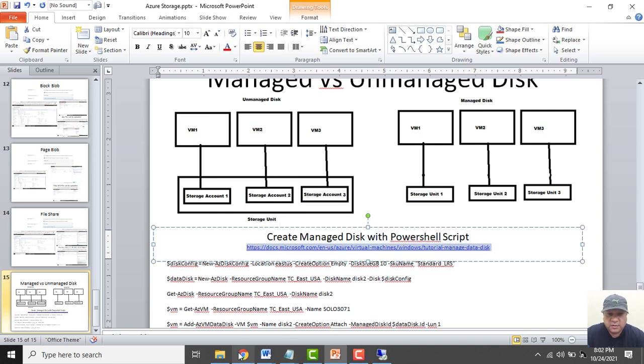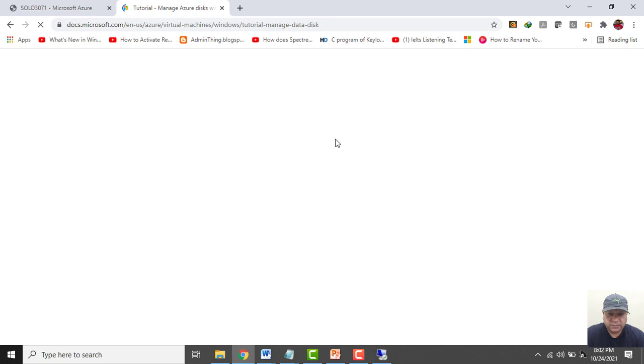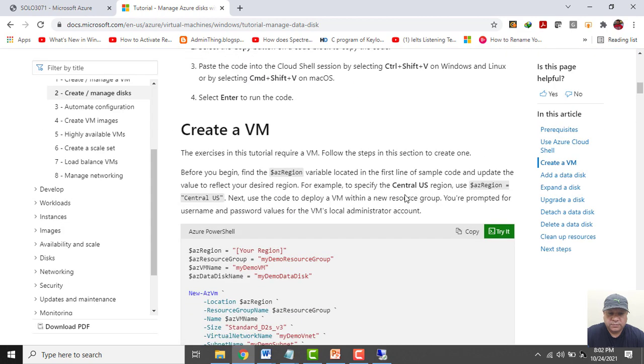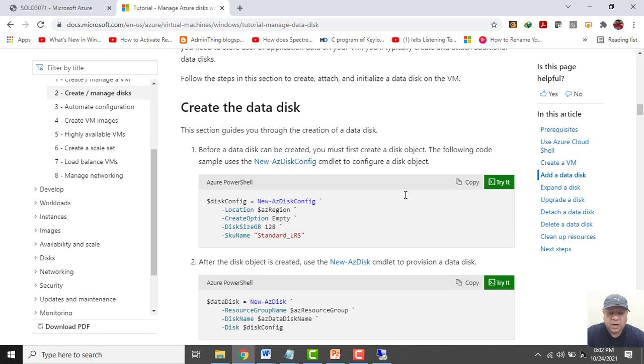Let me open it. So we have taken all these commands from here, but I have made some slight changes according to my environment.